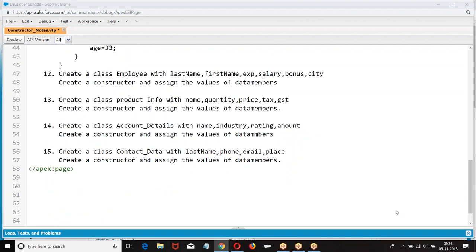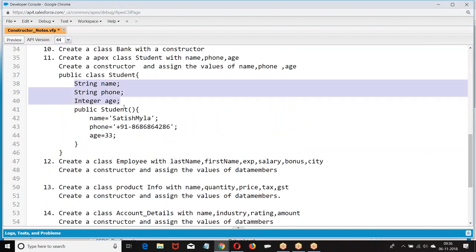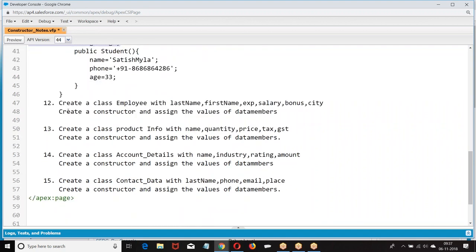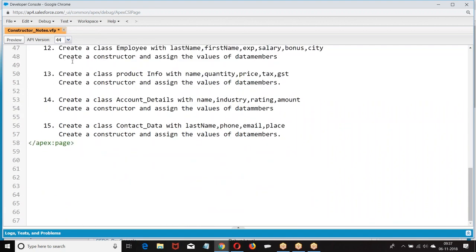A variable in a scope can be used only within the scope. If I define a variable within the scope here, it can be used within the constructor, and if I write any other method also, they can use it. If I write the variables within a constructor, they can be used only within the constructor. If I write it outside, I can use it in the constructor and also outside the constructor. Right, boss? Okay.